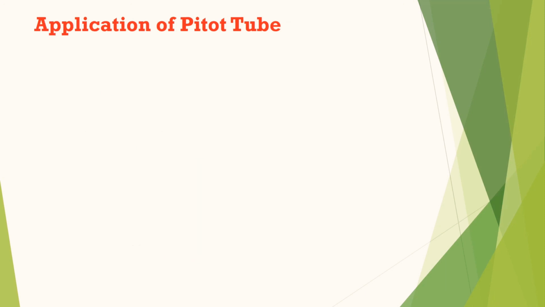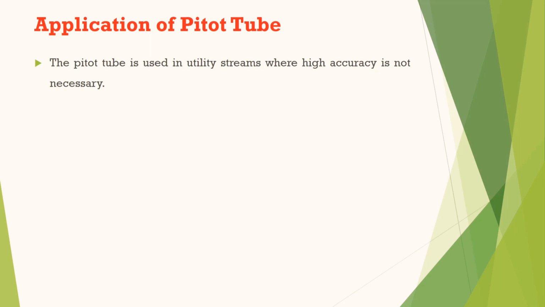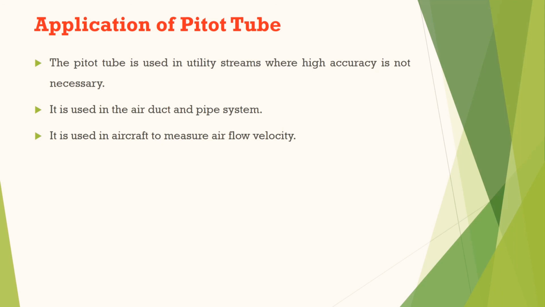Now let us see some of the applications of Pitot tube. The Pitot tube is used in utility streams where high accuracy is not necessary. It is used in the air duct and pipe system. It is used in aircraft to measure airflow velocity. They are used for mapping flow profile in a channel or